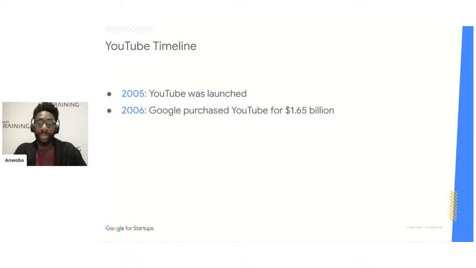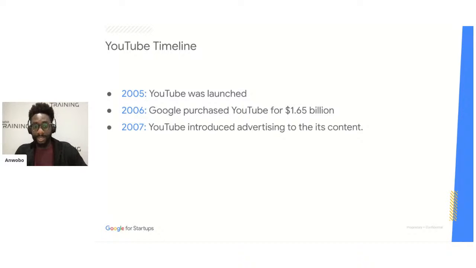So moving on to 2007, once Google had their hands on this, they decided to start introducing advertising to the content on YouTube. Of course, this is one of the reasons that we're all here today, because it's that advertising that we're all interested in learning about. Now, when this was introduced, at the very beginning it was met with a bit of backlash, because as you can imagine, for 2 years this had been a very popular and very much free platform where everybody could create their account, upload their videos, share them and watch them without the disturbance of advertising.